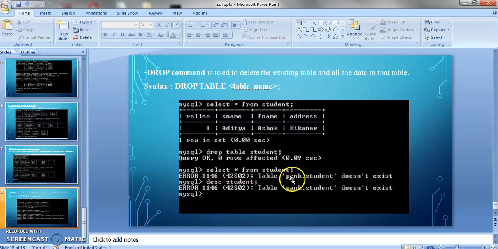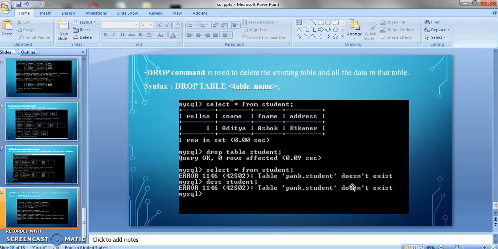So you can see in the database Punk, the table named student doesn't exist, means that table student has been deleted permanently, and after that I am seeing the structure of this table. So again the same message is coming. So this is our drop command.